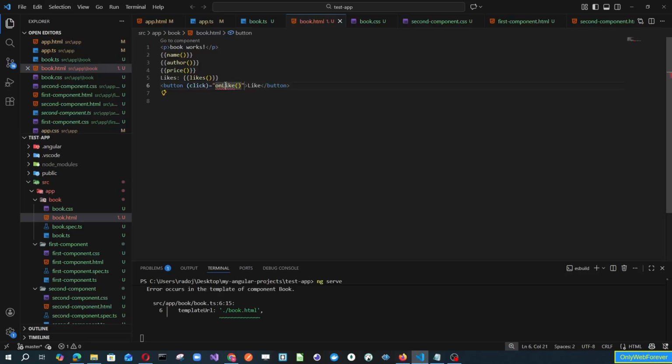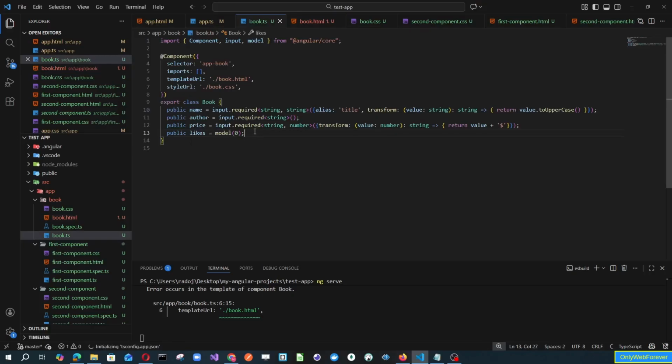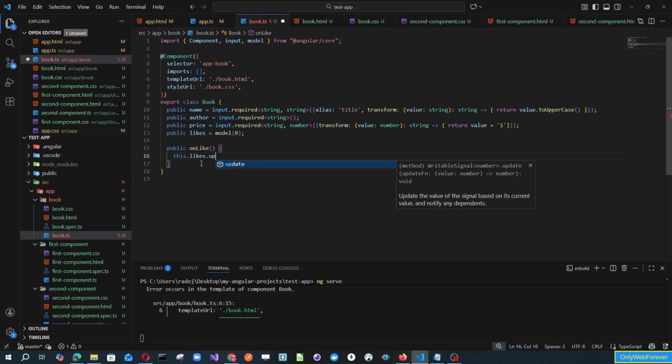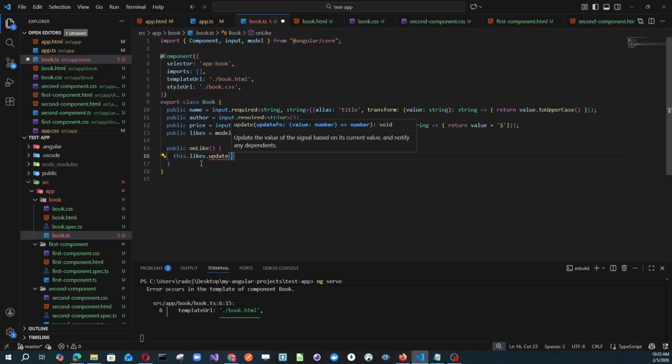Okay, copy this and go in book.ts, and here we will define our method onLike, and inside we want to update this likes property to increase the number of likes by 1, and our model input can be updated with the update method, likes.update, and inside there is an arrow function,